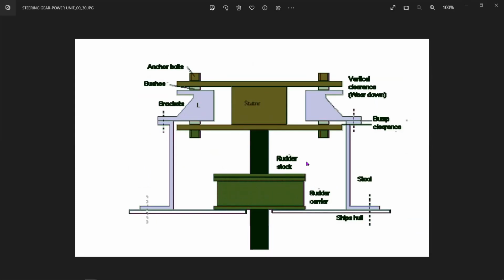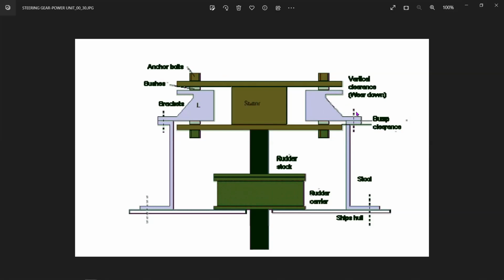But the design is such that there is a wear down clearance which is given on top, okay, and a bumping clearance or a jumping clearance on the bottom, and the total of top and bottom clearances is around 40 millimeters. Okay, generally it is maybe about 15 millimeters on the bottom or 10 millimeters on the bottom and around 25 or 35 millimeters on top. Okay, so total 40 millimeters between the anchor bracket